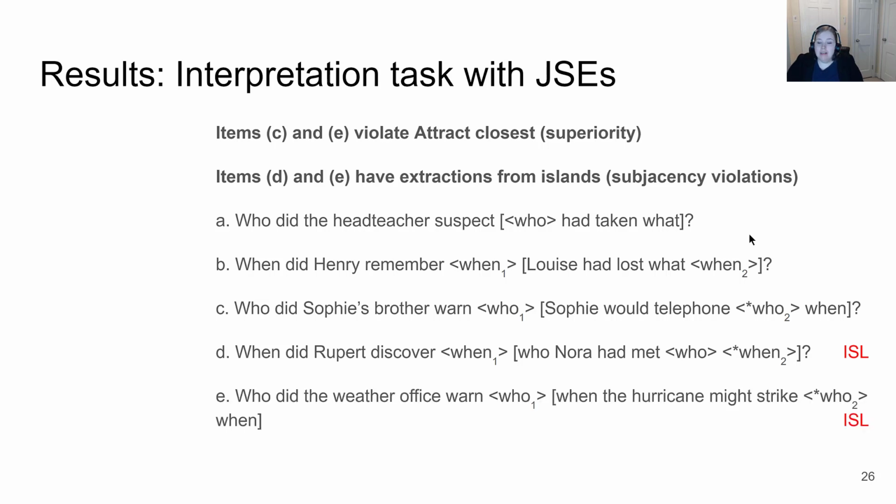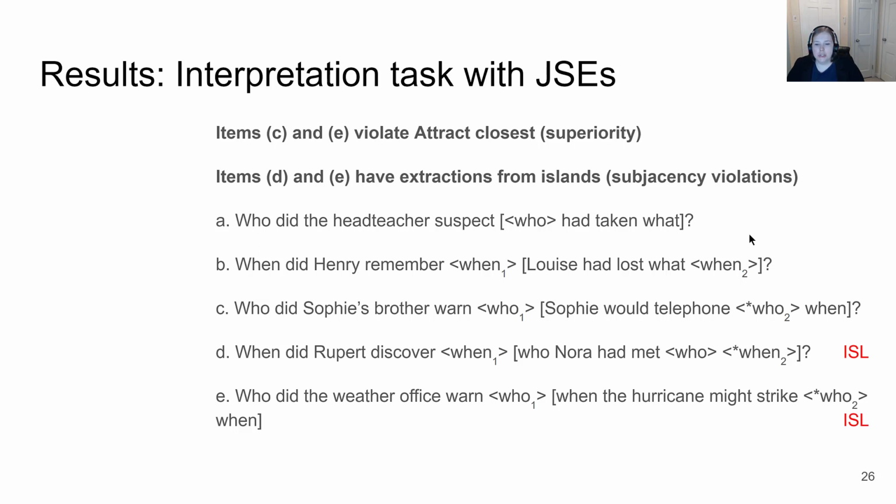And finally, E, for kicks and giggles, I guess, the authors mixed them, and there should be both. Now, once again, you see that there's a WH heading the embedded clause, so any other WH couldn't have come from the embedded clause because it can't get past that point. Remember, if C has already attracted something, a second thing can't move through there. So, again, we only have the matrix scope that makes any sense here.